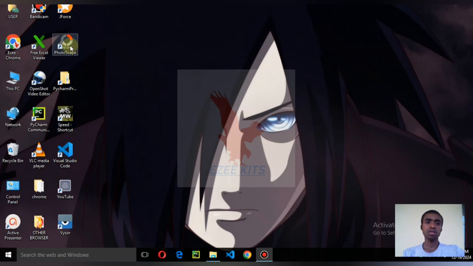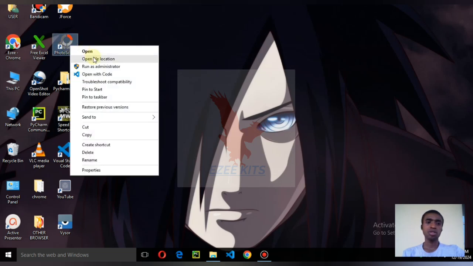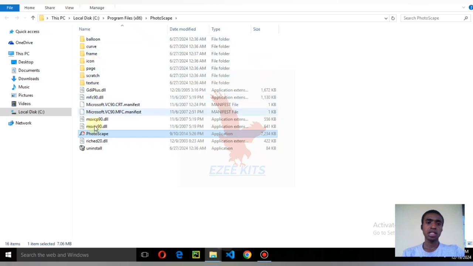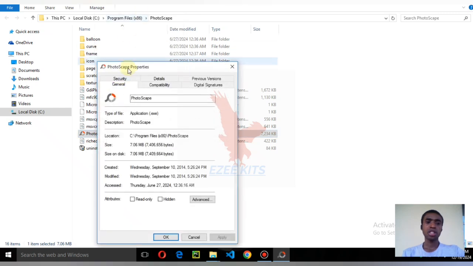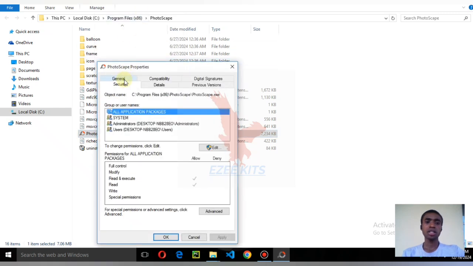First, what to do is just right click on it. Let me go to the file location first, and this is the file down here. Right click on it again, and then go to Properties. Then click on Security. At the end here, you can see this signifies that this is a Windows executable file. We also have other ones like .bat. We also have the other one, .sh, which is the shell file.